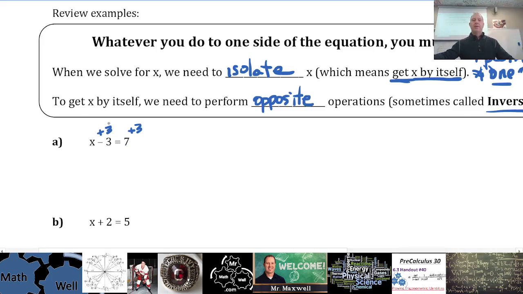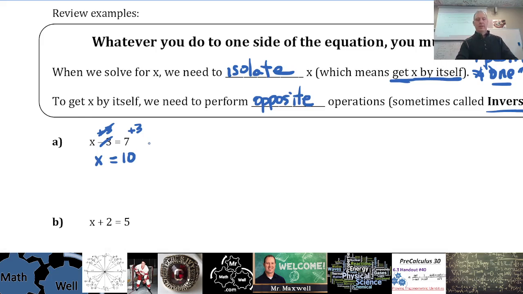Now we simplify. Again, I like you to work down like this. Don't work left to right. I don't want to read a big math novel, because you will get something messed up if you do that. So don't go left to right. You got to go down. Try and keep everything neat in columns if you can. So this is gone now. Minus 3 and plus 3, that equals 0. So x is now just x plus 0. That's just x all by itself. And then I simplify the right side. 7 plus 3 is 10. Okay? So that's how you show your work, and you do the opposite operations to isolate for x,